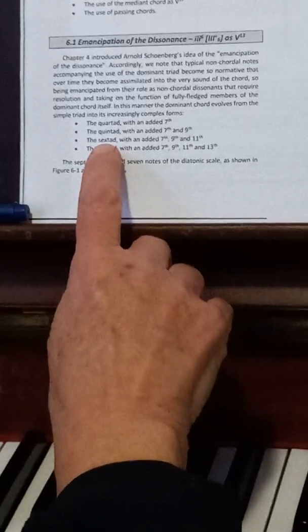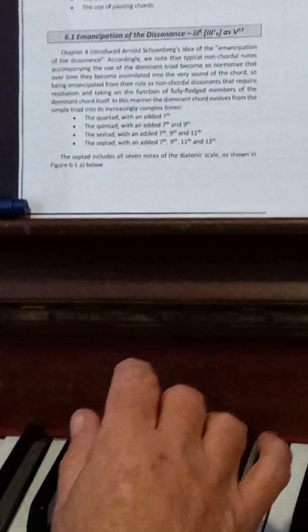La, so, can eventually, instead of just being a non-chordal appoggiatura above the doubled root, become an added ninth that doesn't have to resolve. It is an emancipated dissonance that becomes part of the chord. And the same with a sextad. Sextad means 6 notes, with an added 11th. So, ti, re, fa,